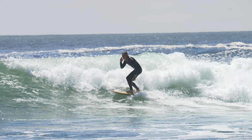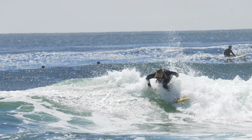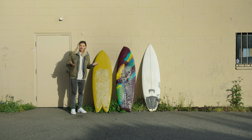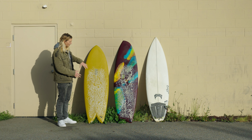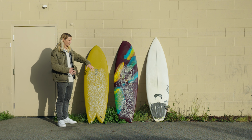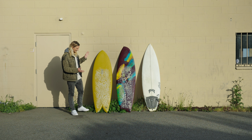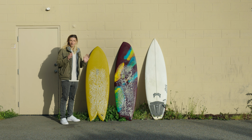And because of its design, its huge nose, its big tail, its rounded rails, and its very low rocker, it's pretty flat, the thing absolutely goes. Obviously, you can see the 2 boards that are waxed. These are the boards I ride mostly. But the fish has been the thing that has allowed me to catch more waves and surf different parts of the waves. If anybody's ever questioning a fish,